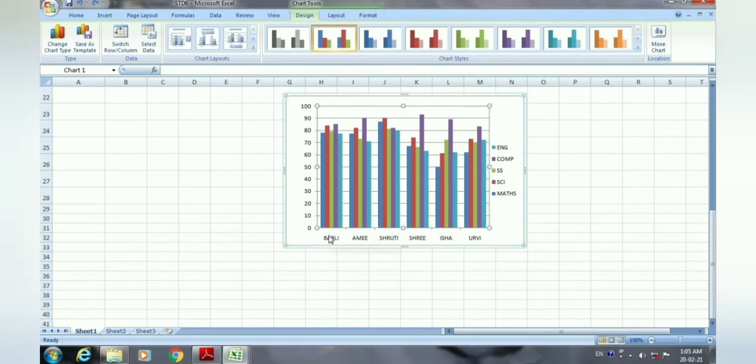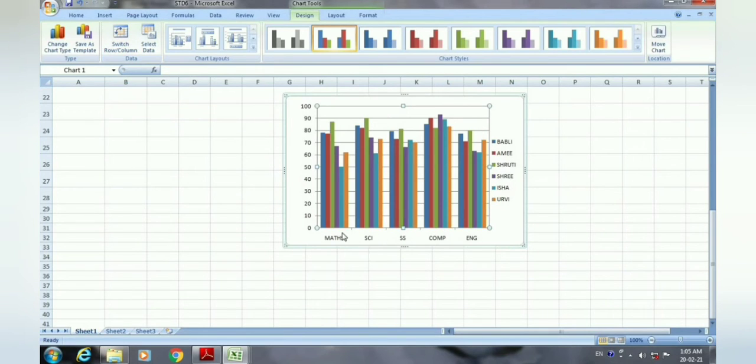So now you can see here the switch row and column swaps our x and y axis data. So now on the x axis what is there? The marks. And on the y axis we are having the names of the students. If we switch it, then here you can see that now the students' names are written there and the subjects' names came over here.